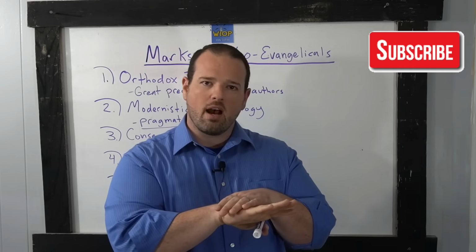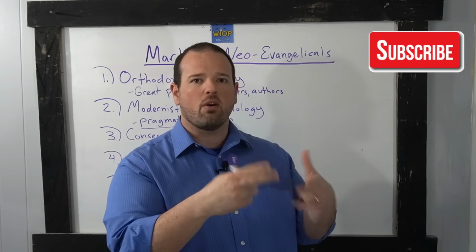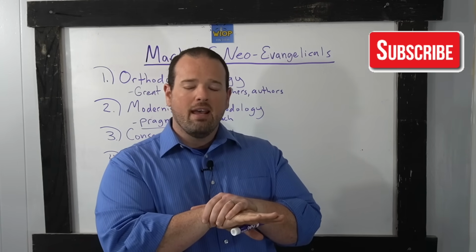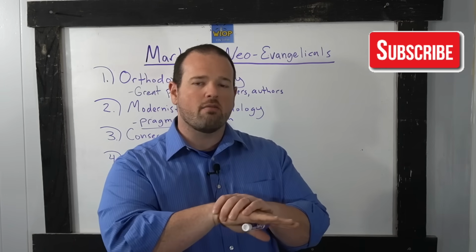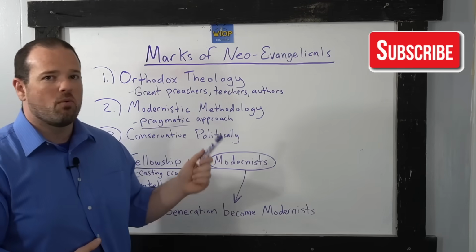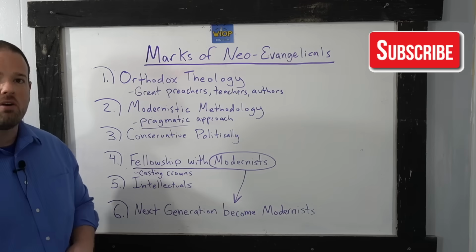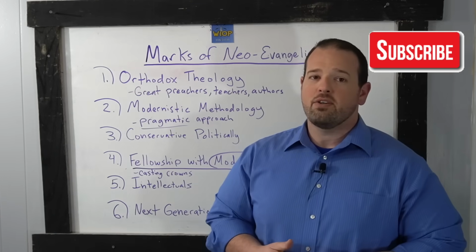We're going to infiltrate these colleges. We're going to infiltrate the Southern Baptist Convention, and we're going to make it conservative and make it orthodox from the inside. The problem is that once you infiltrate that place like that, it's like Lot going down to Sodom. Lot did not make Sodom better. Sodom made Lot worse. And so a lot of these men, they'll stay in the convention and think, we're conservative, we're going to stay in the convention, and oftentimes they lose their very own children to the modernism that they're trying to destroy. It's not good.